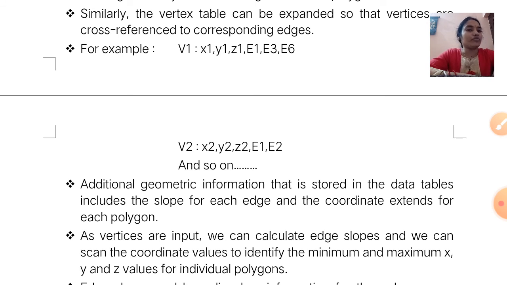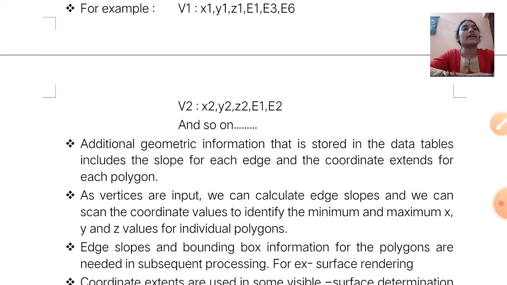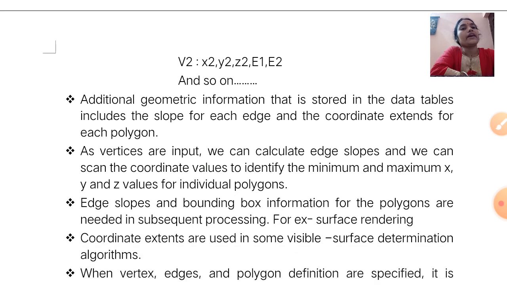Additional geometric information that is stored in the data tables includes the slope for each edge and the coordinate extents for each polygon. As vertices are input, we can calculate the edge slope and we can scan the coordinate values to identify the minimum and maximum x, y and z values for individual polygons.